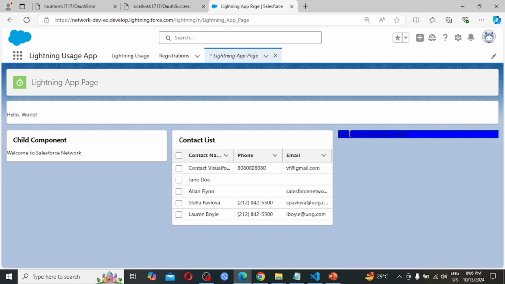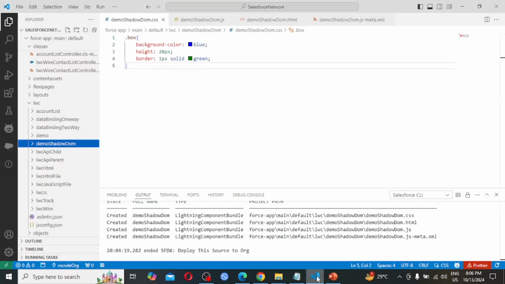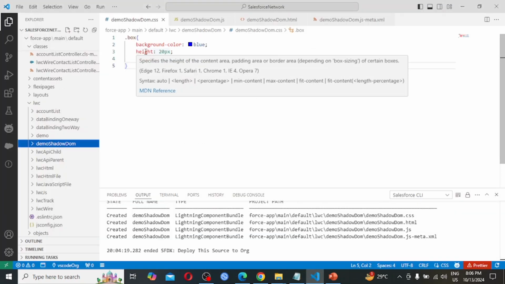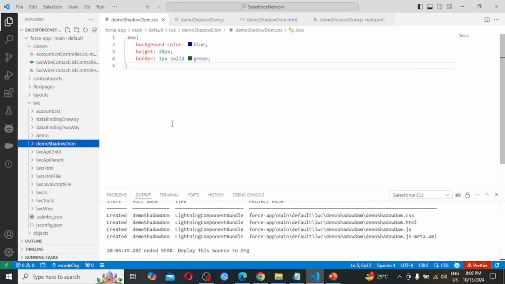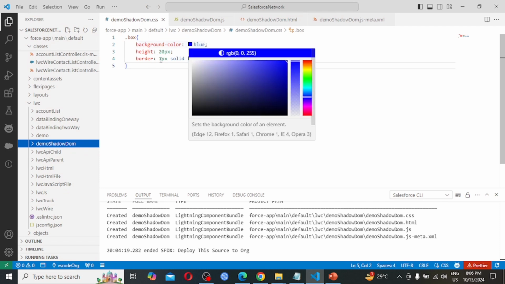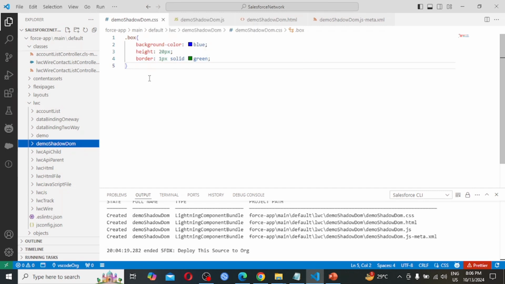So here we are getting the message, hello, learning shadow dom, and what we had given in the CSS file is applied over there. So background color is blue and height I had taken 20, border is 1 pixel solid green.